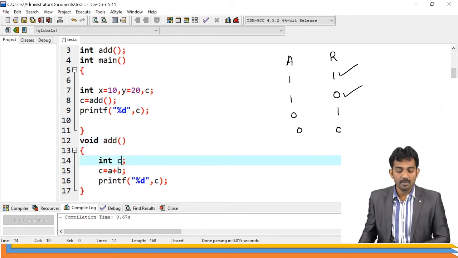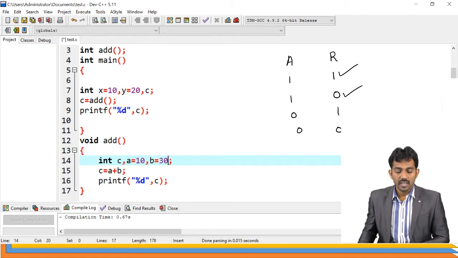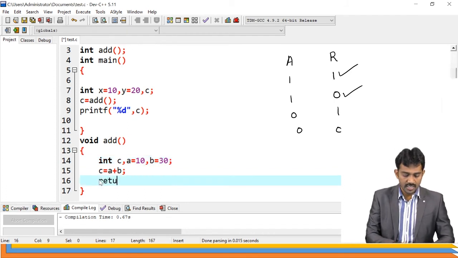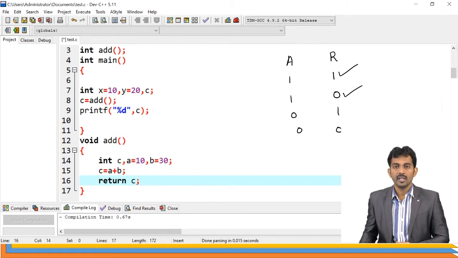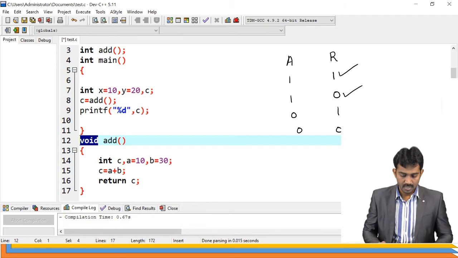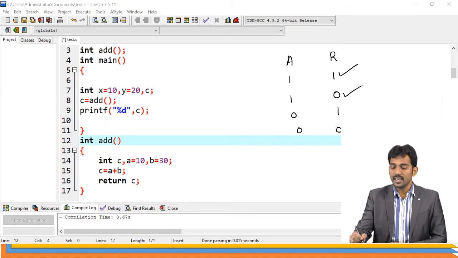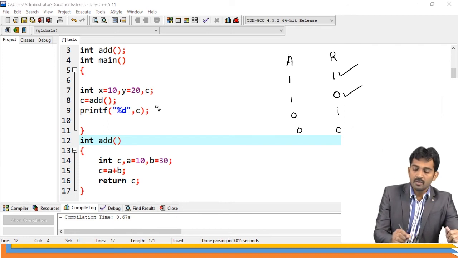After that, you don't have data, so you can just read the A and B values from here only. A equal to 10, B equal to 30. After that, instead of printing here, you just return the data to the main function. You should also write int here, because int is the data you are going to return back. Observe clearly: I didn't pass any data, without arguments, but it returns the data.